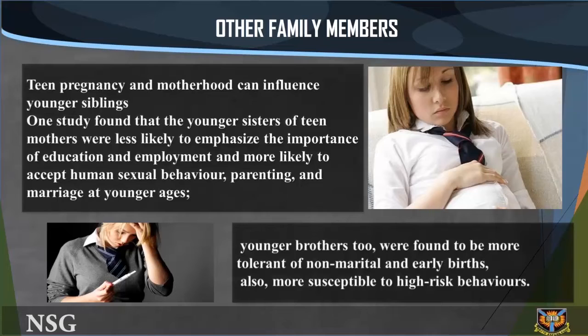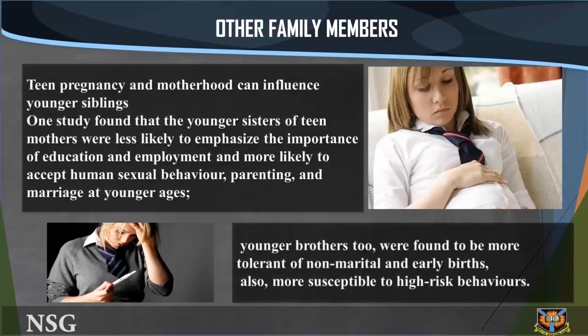One study found that the younger sisters of teen mothers were less likely to emphasize the importance of education and employment and more likely to accept premarital sexual behavior, and parenting and marriage at younger ages. Younger brothers too were found to be more tolerant of non-marital and early births, in addition to being more susceptible to high-risk behavior. If the younger sister of teenage parents babysits the children, they have an increased risk of getting